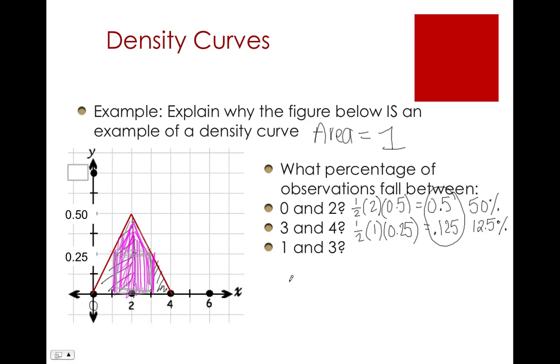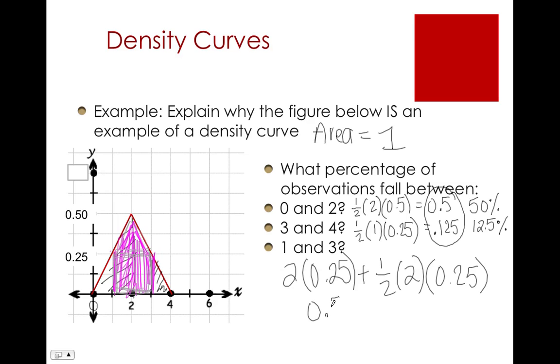And so the area of that square is going to be base, which is 2, times height, which is 0.25, plus the area of that upper triangle is going to be 1/2 the base, which is 2, and the height is 0.25, the distance between 0.25 and 0.5. And so 2 times 0.25 gives me 50%, plus 1/2 times 2 times 0.25 gives me 0.25, and that's 0.75